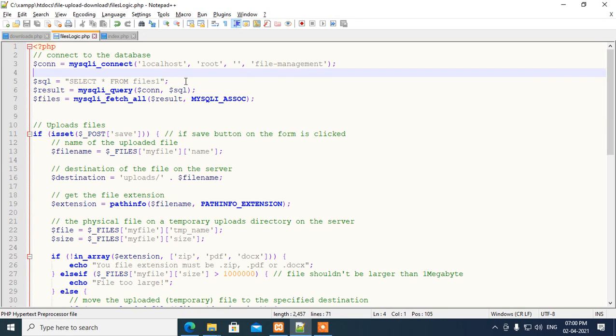First of all we require one database, named file management, and we have to create it first and then connect it to this file. Let's first create the database and table.